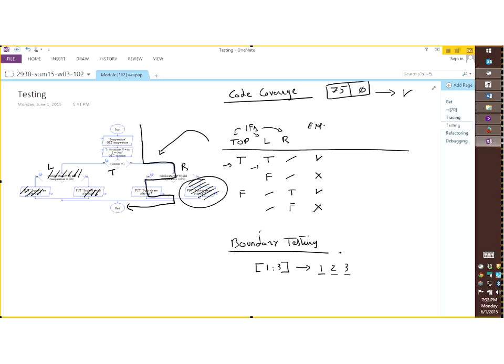Okay, so I have a different opinion. Well, actually, I don't have a different opinion. Everybody seems to be saying, yes, it guarantees my program works. Okay, so yes, if I test 1, 2, and 3, that's exhaustive testing, my program works. Okay? Well, no. For those of you who are interested, I really suggest you look up epistemology.